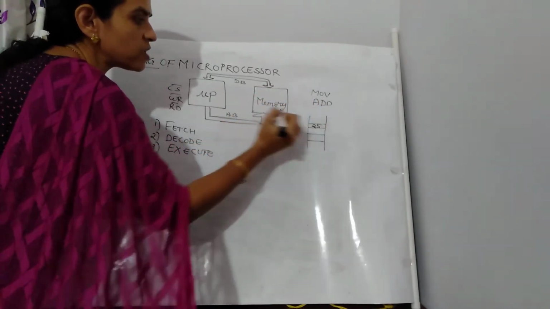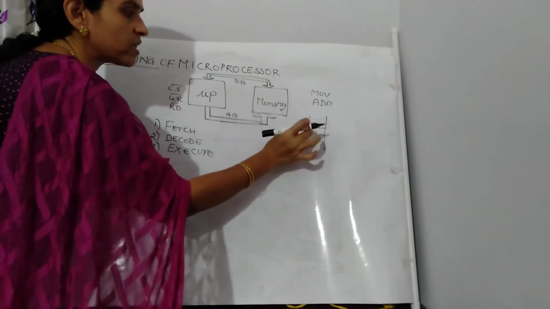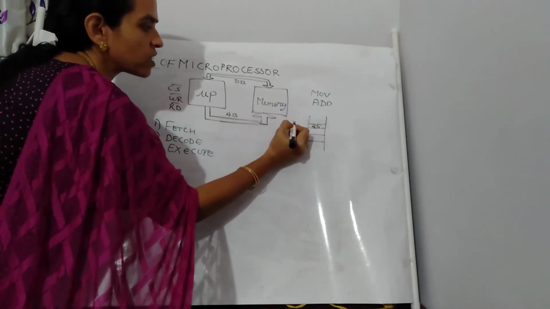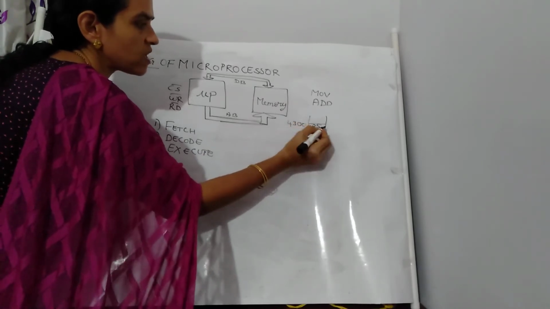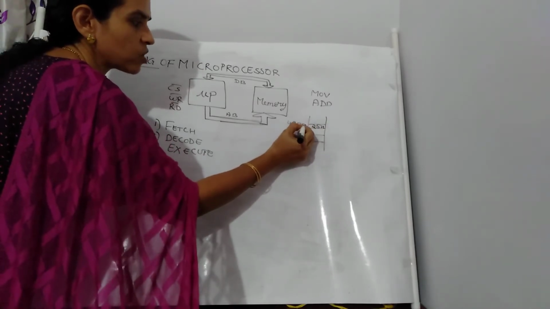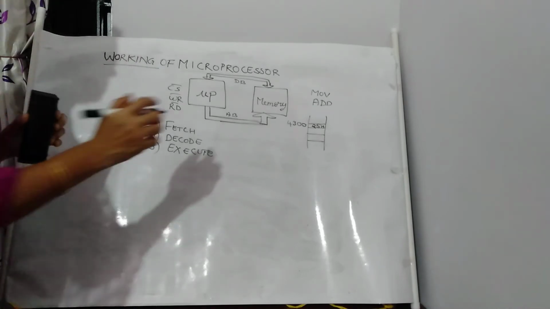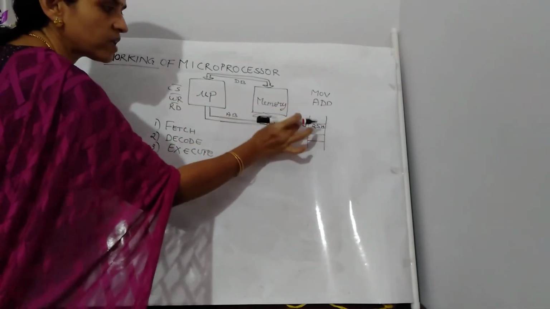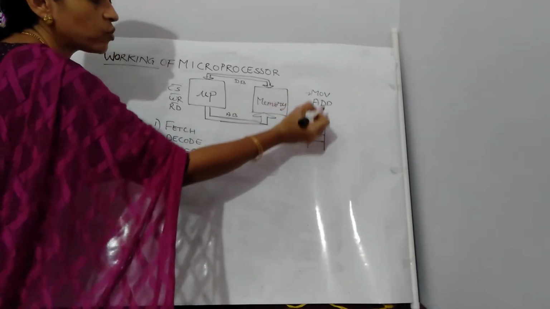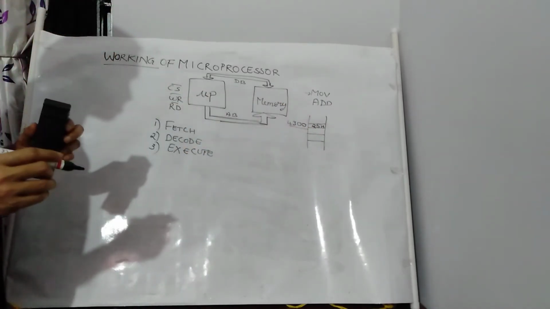So let us consider 25 is the code of move instruction and it is at the location whose address is suppose 4300. These are all hexadecimal, so I am not writing hex here, but it is understood it is hexadecimal. So it is 4300H, that is hexadecimal address. So we are considering that the starting instruction of the program is move, and the move instruction code is 25H and that is stored in location 4300H.